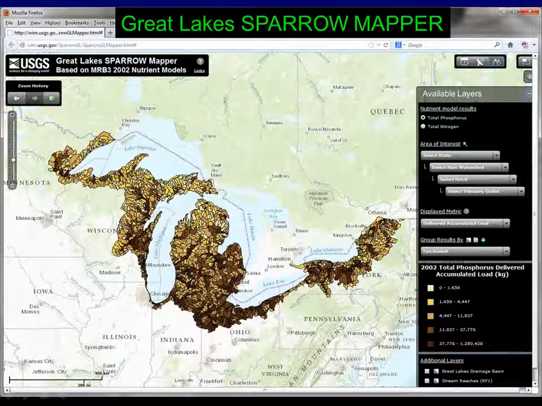Can Sparrow be used for that kind of analysis, or not? Right. I guess the question is where does Sparrow fit into the whole scheme of modeling?